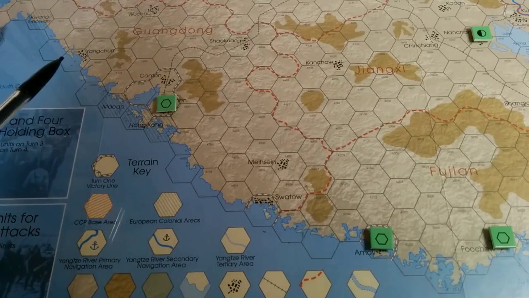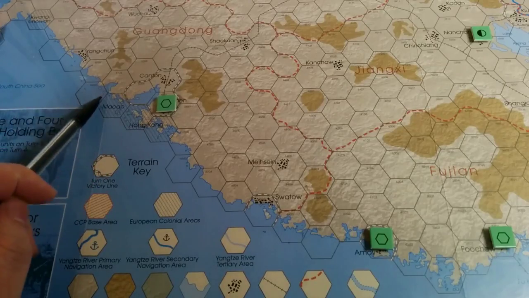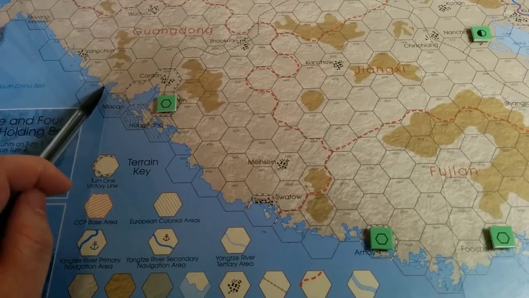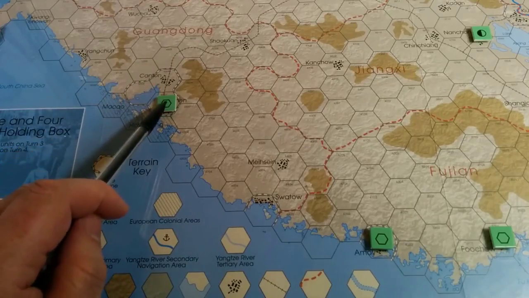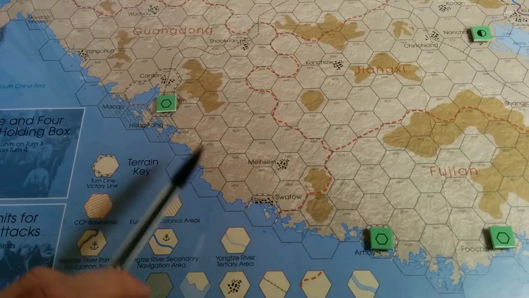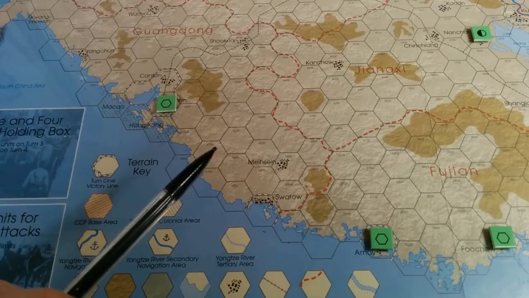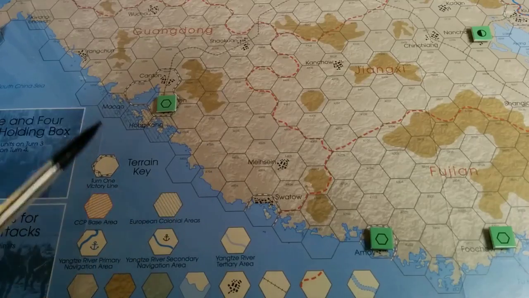So you think to yourself, okay, let's think about this. What if I bring a force up here? If I come across, take these 2 cities, and come down and take these 2 cities, we're good. Fantastic. No. Because